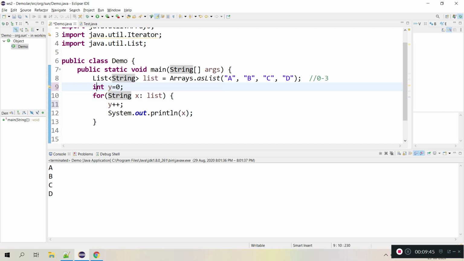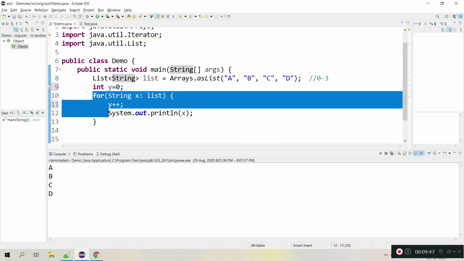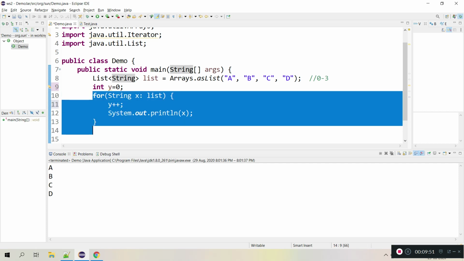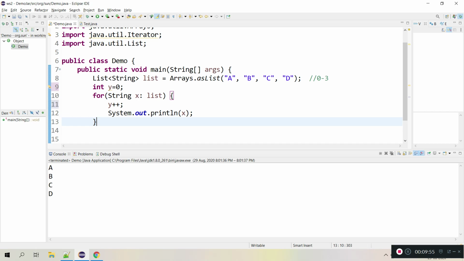And here one more disadvantage is, if I want to skip some elements, I don't want to print all the elements. I want to print some even index data or odd index data or something.